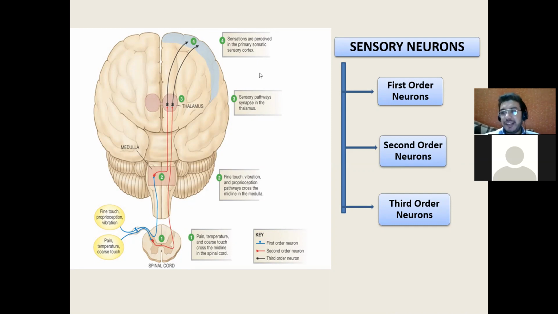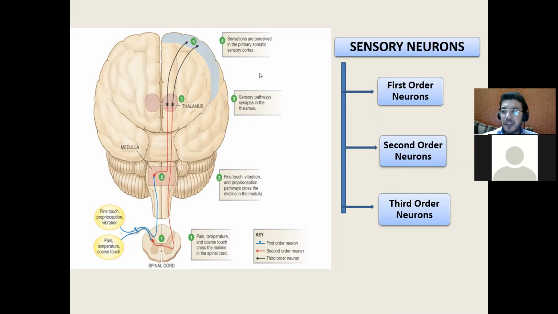Most of your afferent sensory neurons are ascending neurons. They travel from the spinal cord, from the brainstem towards the thalamus, and from there towards the somatosensory cortex. The impulses travel from the primary to the second order neurons. From the second order neurons, they go towards the thalamus. The thalamus is called a relay station. This is a very important question. Thalamus is a relay station.